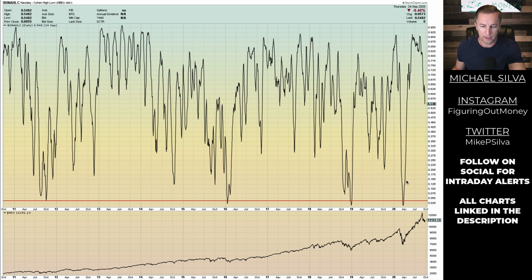So I'm not really using this that much, but I will keep it in the back of my head, because if we start seeing it move lower to these levels, that might represent, okay, this could be potentially bottoming out here, and that could be a very good buying opportunity. So I'm going to just keep an eye on this one in the back of my head, and I'll bring it up on another video if I do start seeing it really creep into those lower levels.